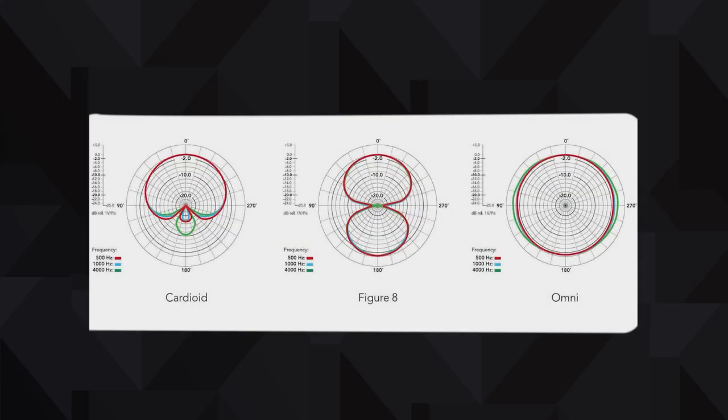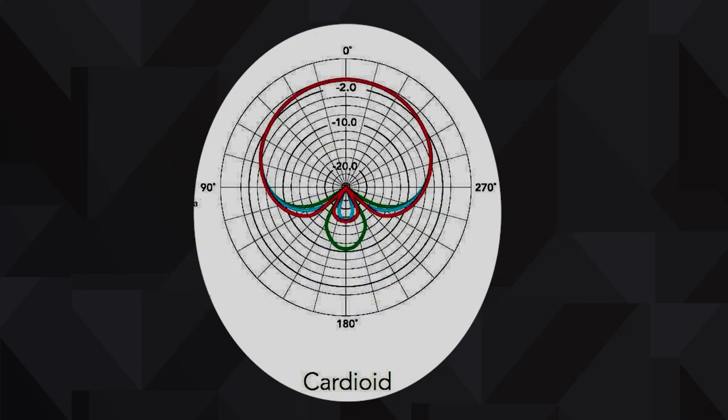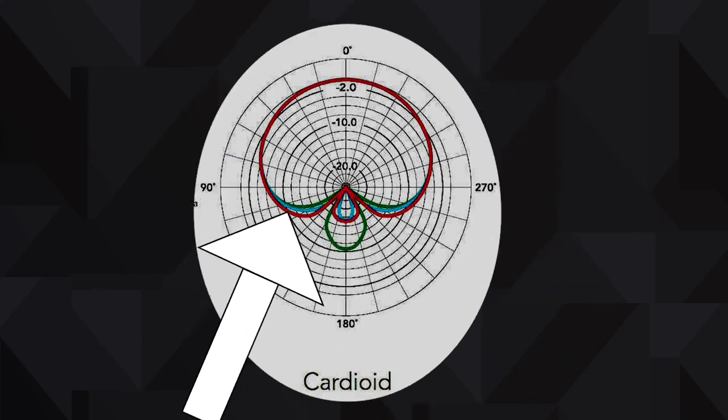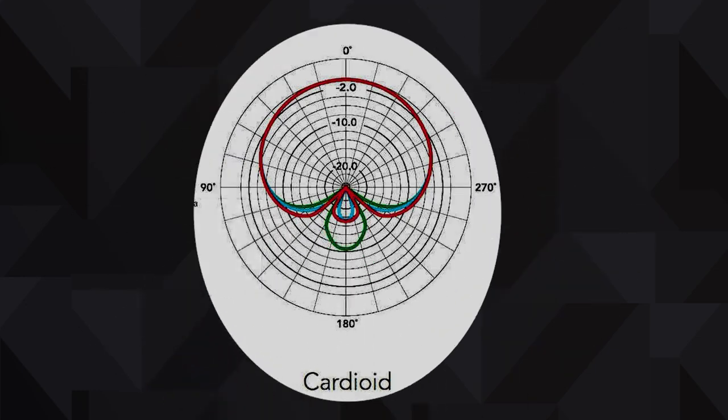The easiest way to explain polar patterns is to just show you. Now, you've probably seen these on every microphone you've ever bought. They actually do mean something really important. So I'm going to give you the quick rundown of what these mean. So basically, the circle represents a 360 circle around the microphone. And the lines represent how much attenuation your sound will get depending on what direction the sound wave hits the